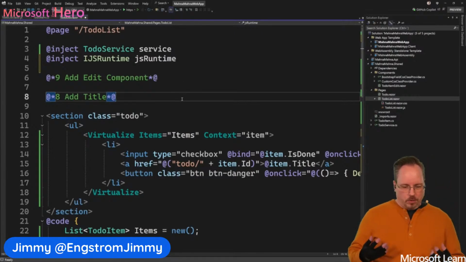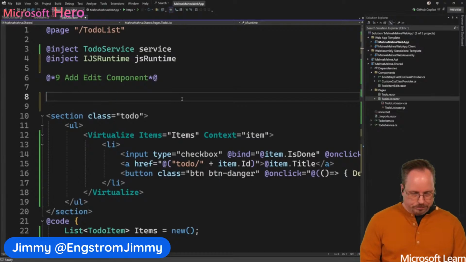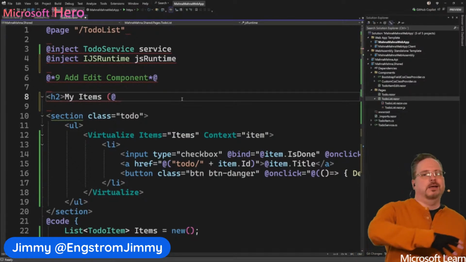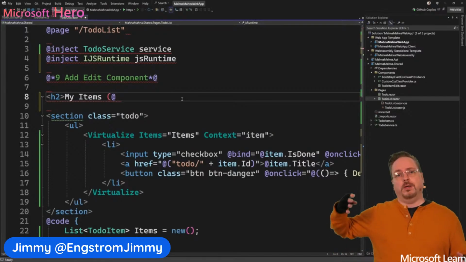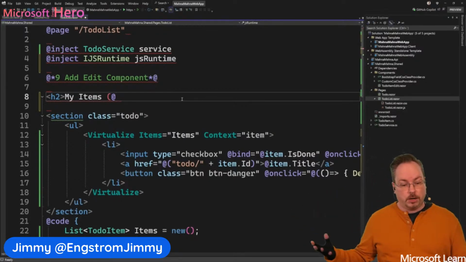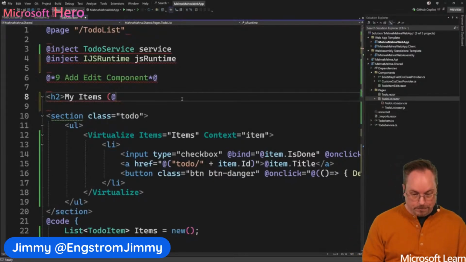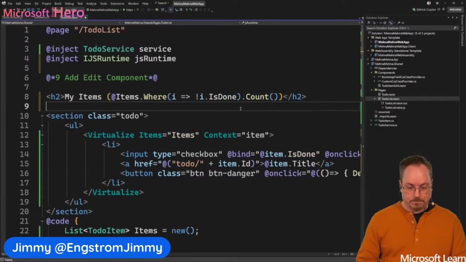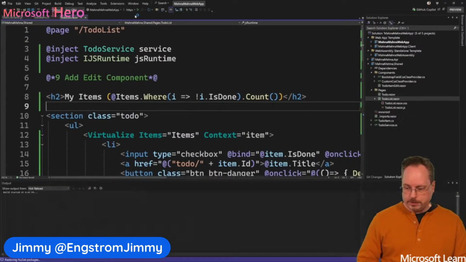So let's make this a little bit more fun. Let's add a title here as well. So I'm going to add an h2, My Items, and then we're going to do an @ sign. So the @ sign gets us out of HTML world into C#. So now I can continue writing C#. So now I'm saying items.Where is not done. So all the items that are not done, I want you to count them, and end that h2 like that. So if I now would run this,